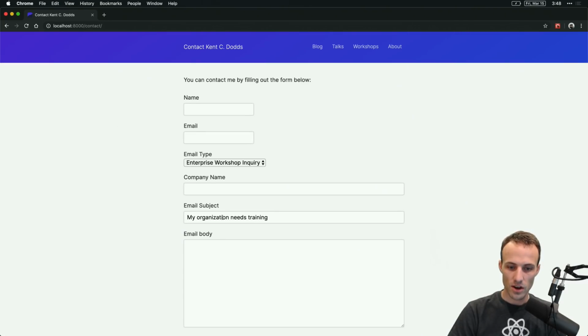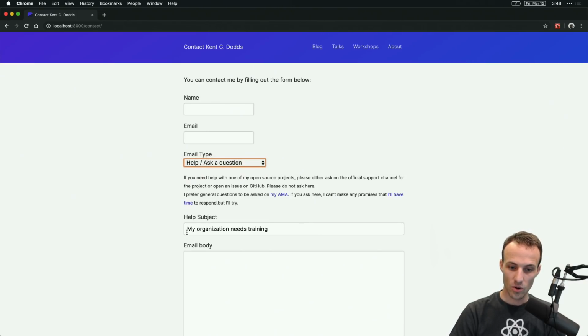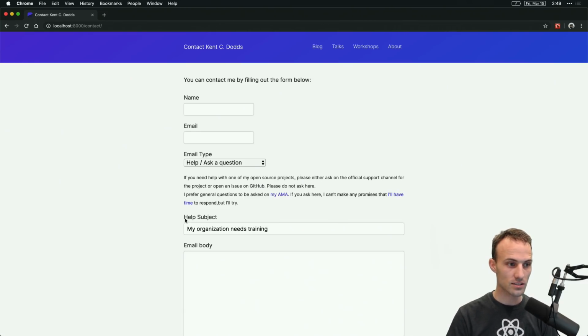Okay, so if I refresh here, we got that default value, my organization needs training, but if we switch to help or ask a question, we're going to get my organization needs training still. So why is that happening? Well, the reason that's happening is every time we re-render, we're returning the new UI we want to show up. For this input, actually, we have the same input. And even though that function's being called in a different place,